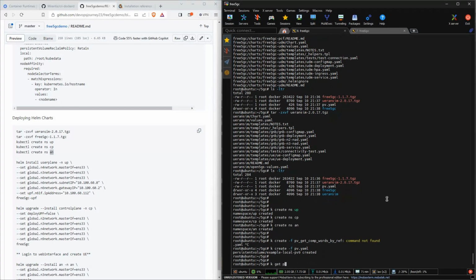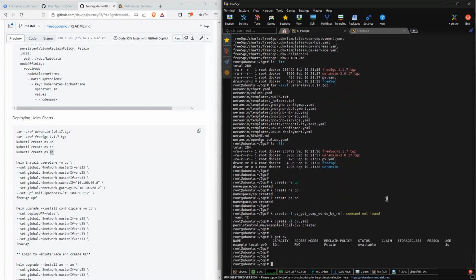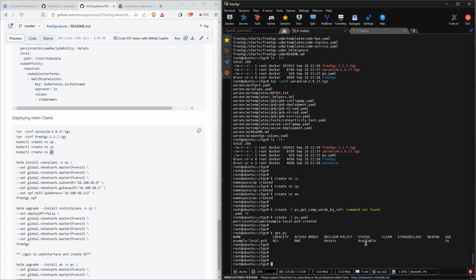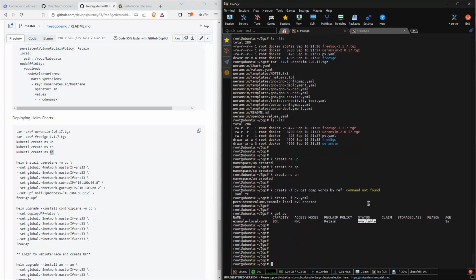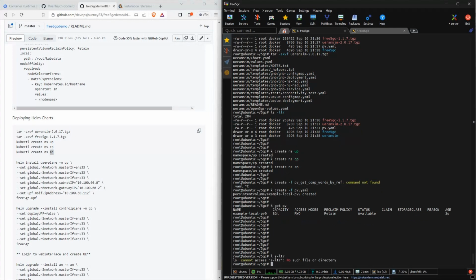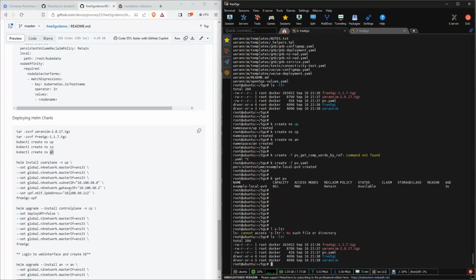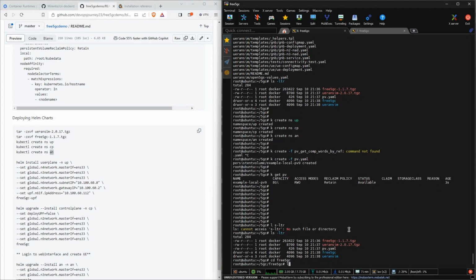So let's check the persistence has been created correctly. It's now in the available state. Let's create the user plane. Now the Helm install can be done in different ways. So we can actually directly modify the values files. So here if you look into the chart,